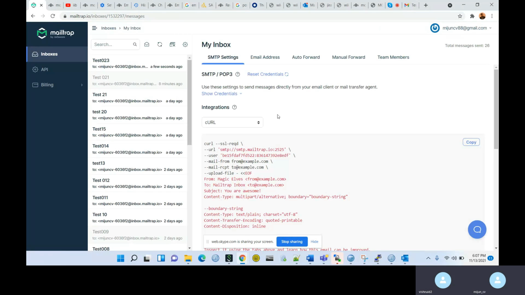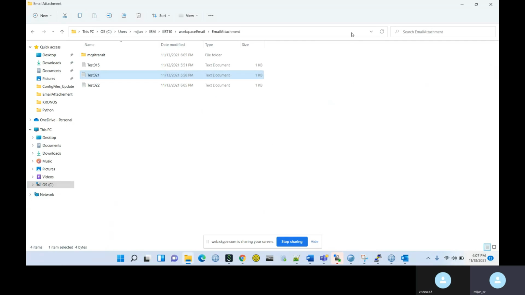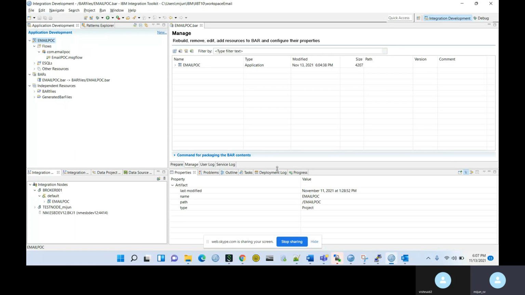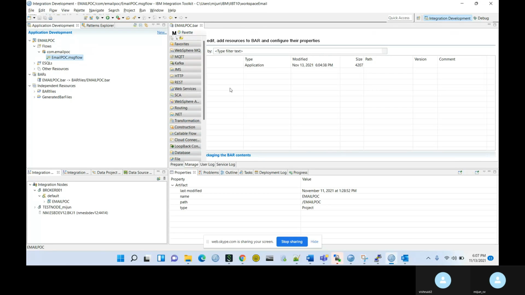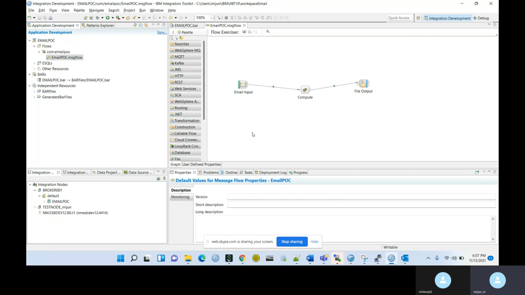Yeah, I got the email. So this has attachment 023. Let me refresh the folder location. We have given 5 seconds here, the polling interval as 5 seconds.